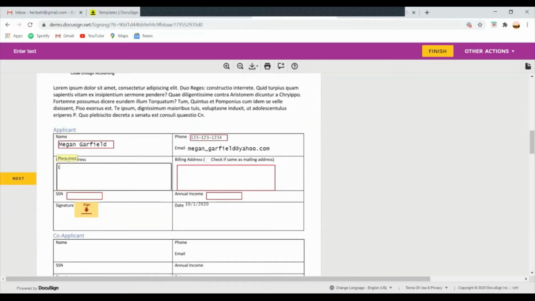Billing address. And two, for the billing address, you can see it is required, but if they check right here, it just says that it's the same as mailing address. No further billing address is required. Retype their social security number